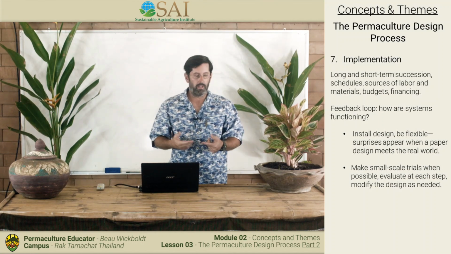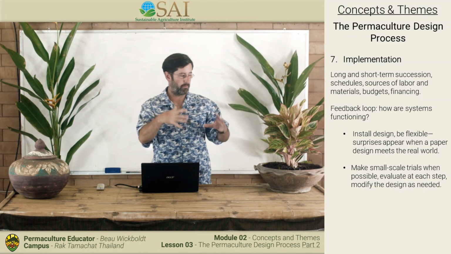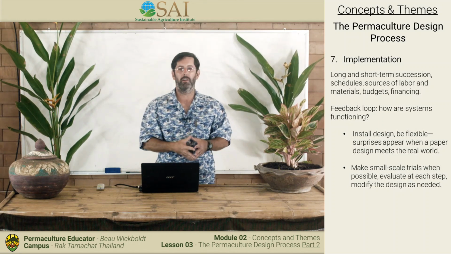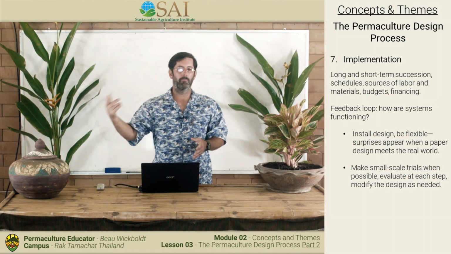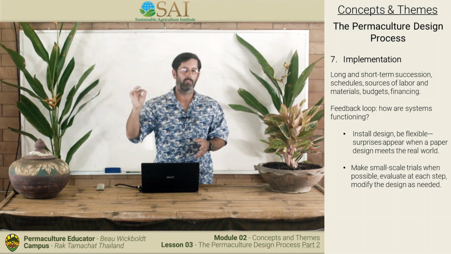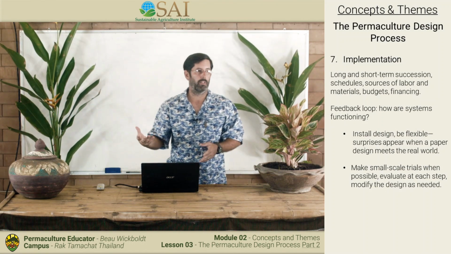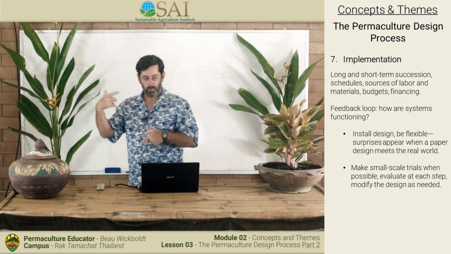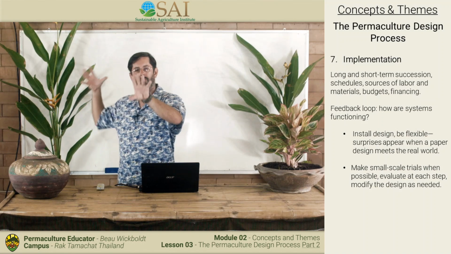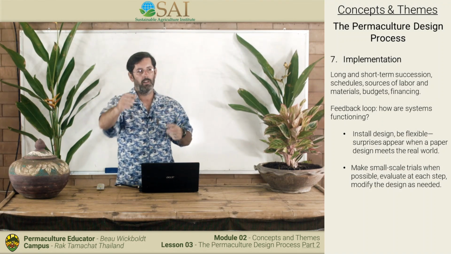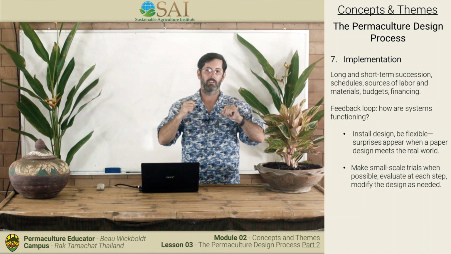Look at feedback loops and how your systems function. So at this point, I start to think about and I'm imagining the systems that are functioning on my farm. Like today, we worked on composting system. That's my soil fertility management system. Compost is just one element of my integrated soil fertility management. So in this instance, I want to see those loops and what's happening. How do I get the resources here? How do I process it to there? How does that get nutritious food into my kitchen? How does my kitchen waste get out of my kitchen?